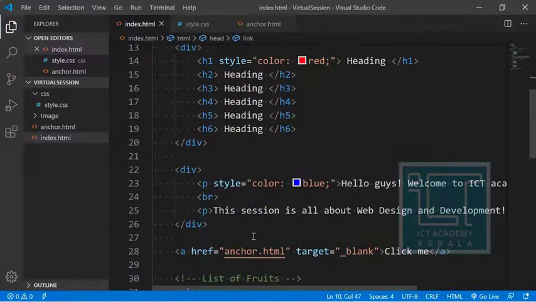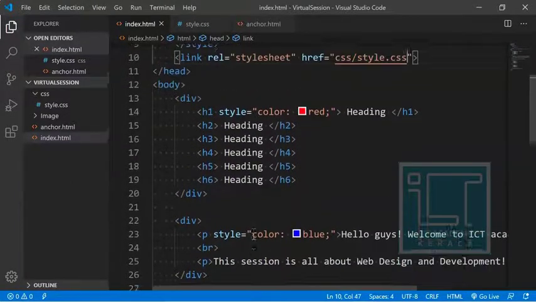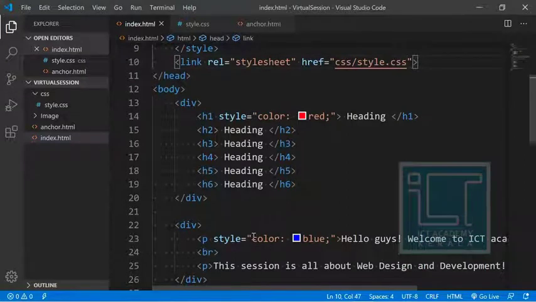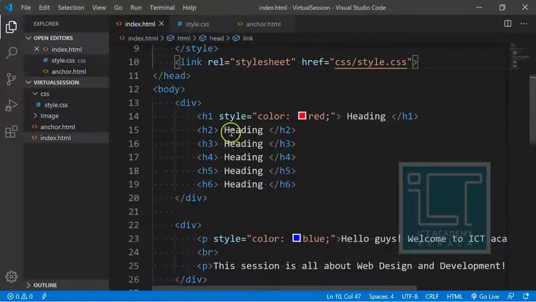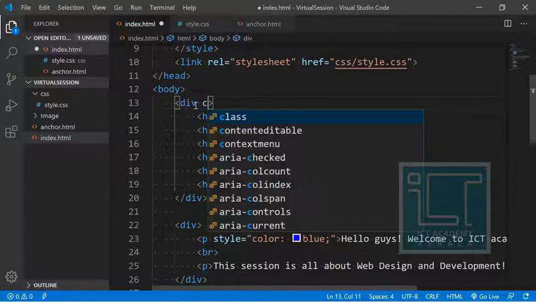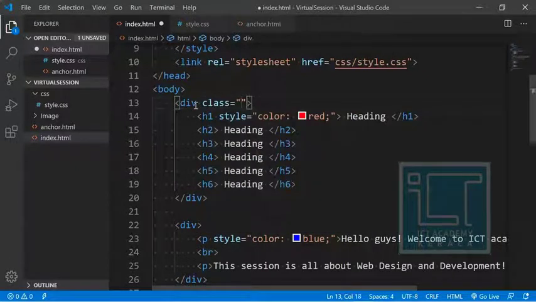For that purpose, there are 2 methods. In order to call a particular div into the CSS, that is the style.css file, we have 2 methods. Either you give the corresponding div name with the help of an attribute called class, or you give it using ID.